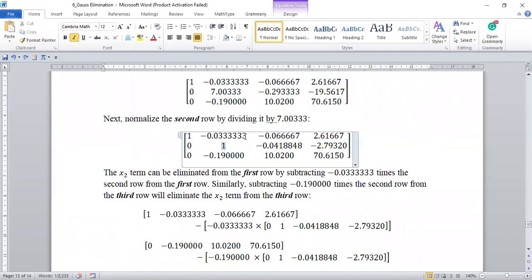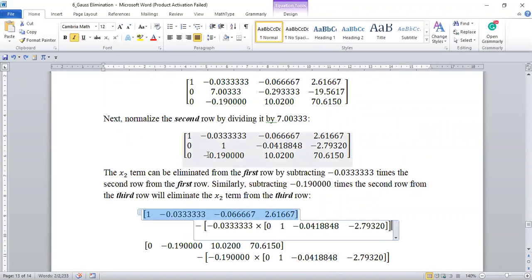Then after doing that, we want to convert this to 0. So we use the same strategy. Since we want to turn this to 0, we are going to multiply this coefficient by the first row. Then the result of it, we are going to subtract from the